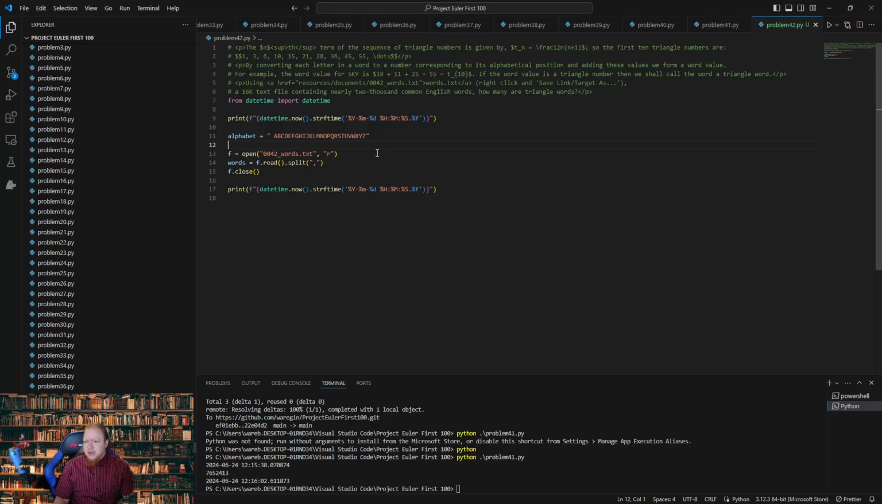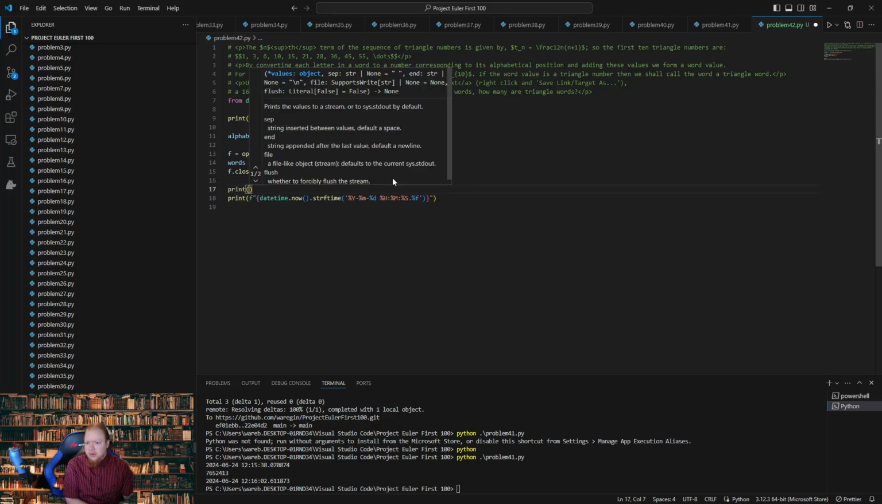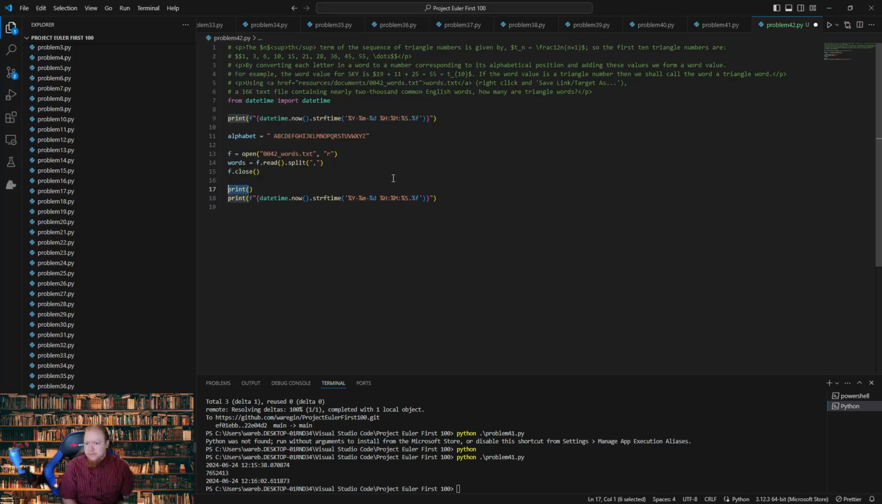So I think what we want to do is calculate a bunch of these triangle words. Or calculate the triangle numbers. And I'm thinking if we go ahead and calculate, let's see, if we assume that, like,